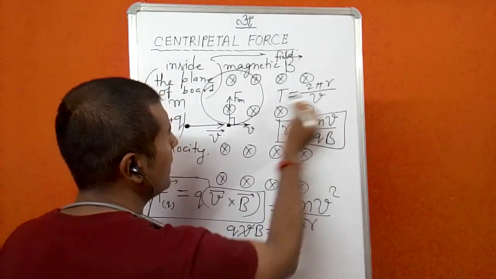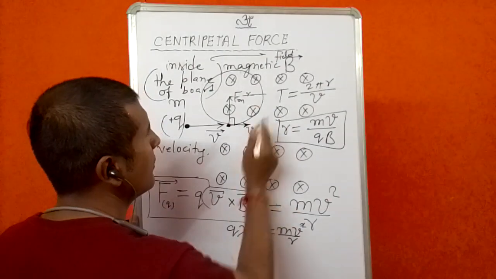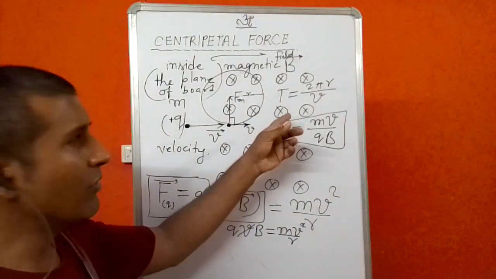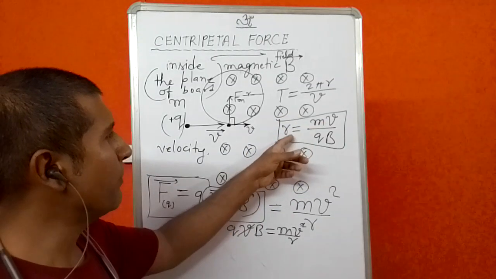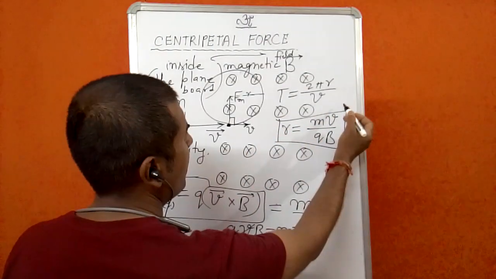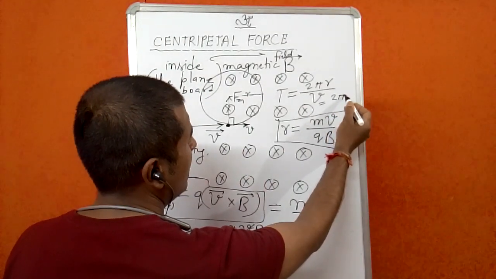Now here 2 pi r, where r is the radius of the circular path, and v is the velocity. So you can replace this value of r by mv upon qB from here. So you will get 2 pi m